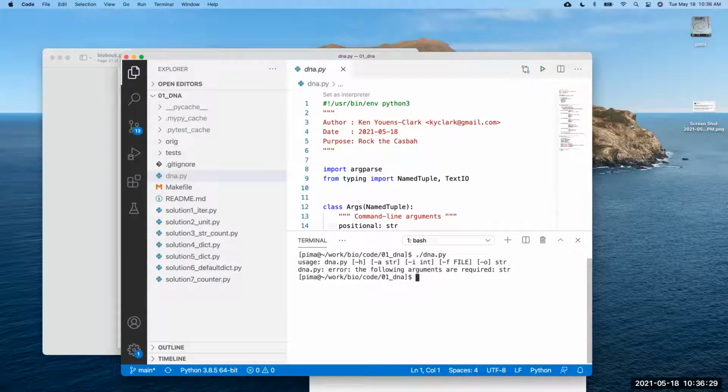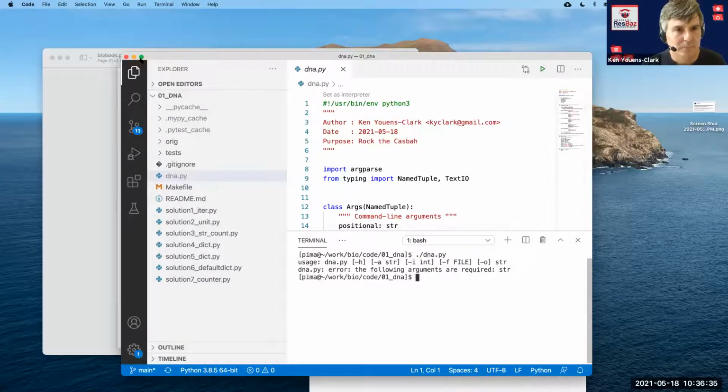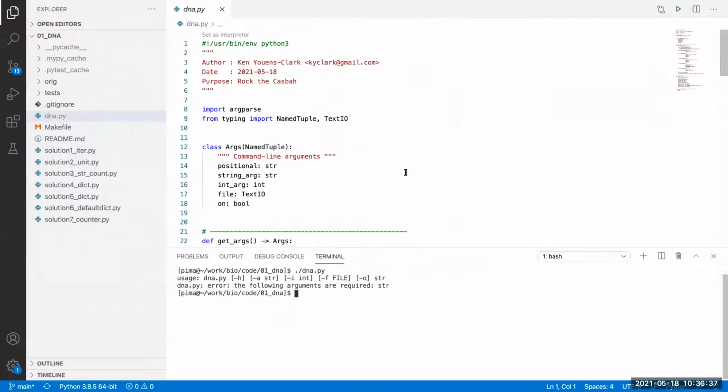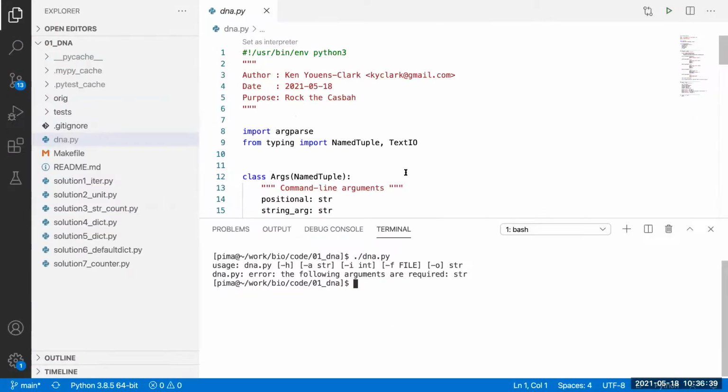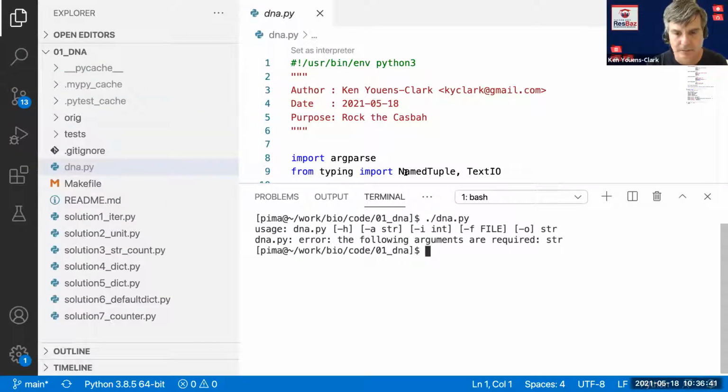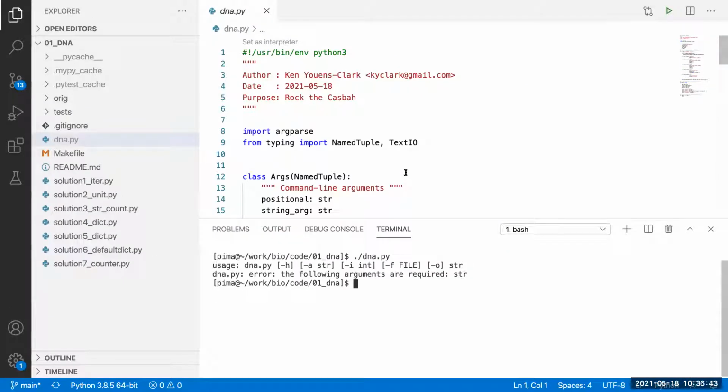Can I just interrupt you quickly? The chat asked if you can go to full screen, so that people can see better. Okay, thank you. Is that better? I can also just try to make the text larger. Yeah, better. Thanks. Thank you.